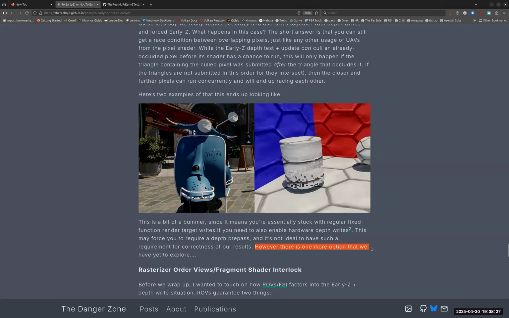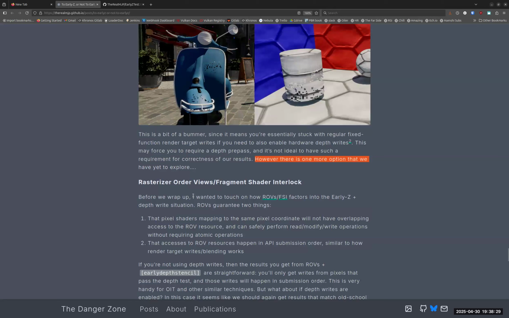Oh, there's more to explore. There's rasterizer order views and fragment shader interlock. Factors into the early Z depth write. ROVs guarantee two things: that pixel shaders mapping to the same coordinate will not have overlapping accesses to the ROV resource, so you can safely perform read-modify-write operations without requiring atomic operations. Kind of like the ROV is the atomic resource. But